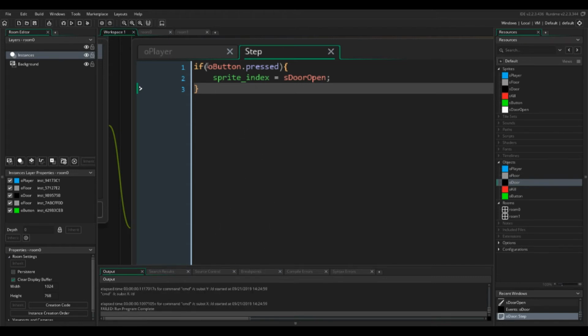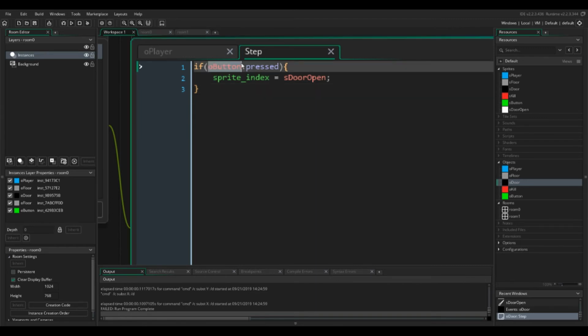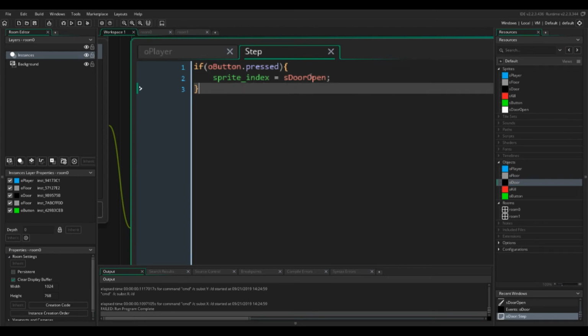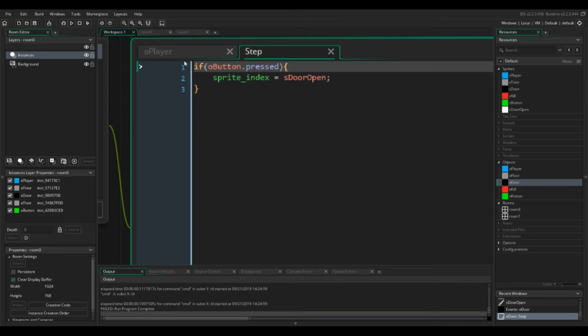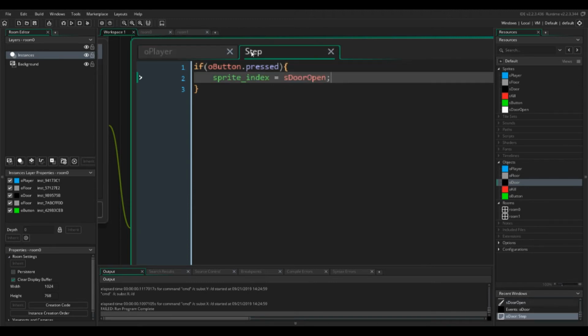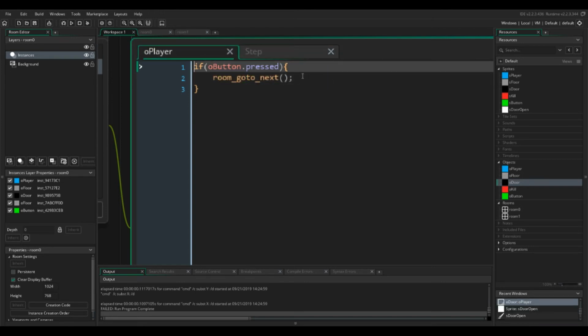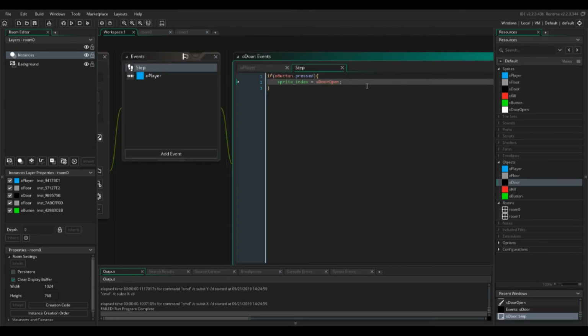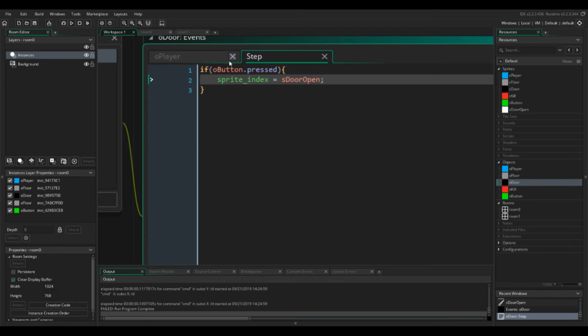So, fun story about GameMaker step events. If you try to go to the next room and then check this button in the same frame, it won't know where the button is, so it'll crash. So what I want to do is make sure that it goes to the next room before it checks if the button is pressed, basically. So instead of saying just if button.pressed, I'm going to say